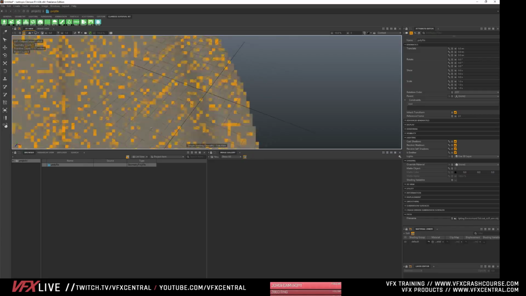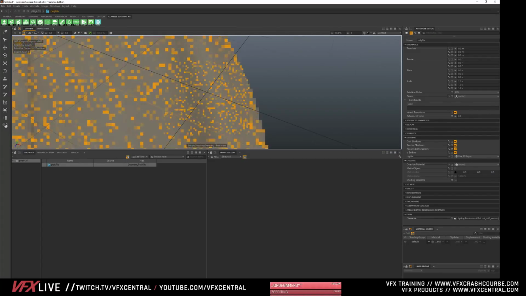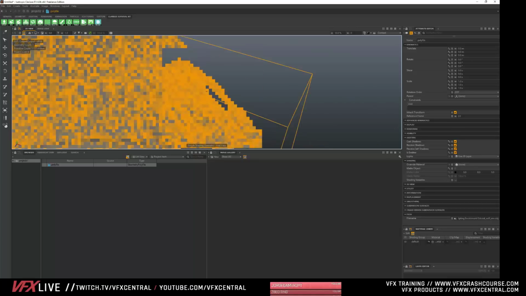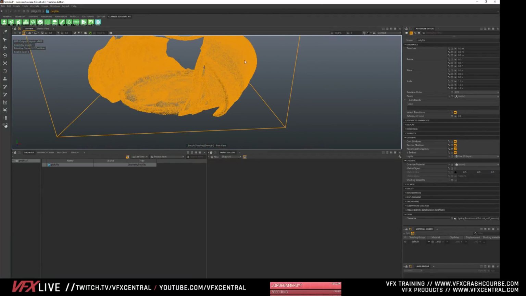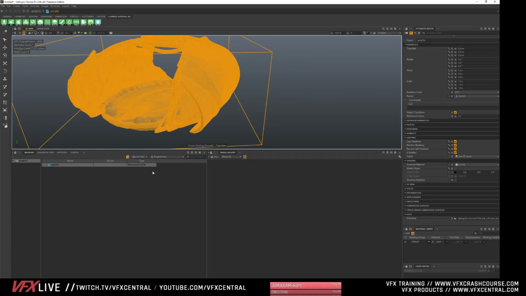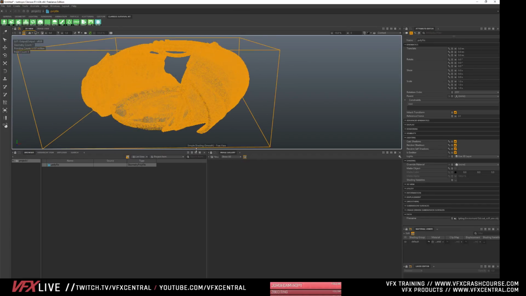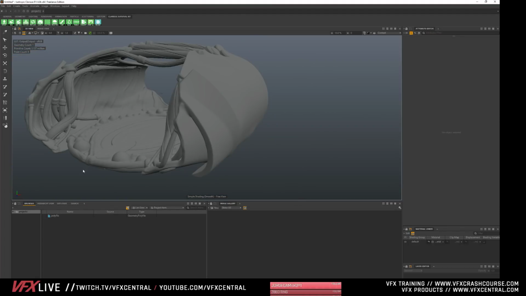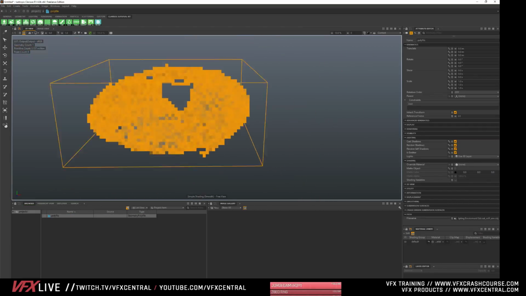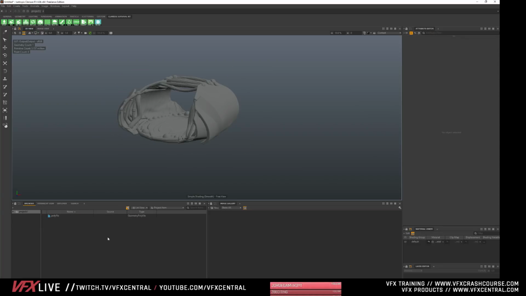This file looks like it's super high resolution. I think I just exported this raw out of 3D Coat, and that's why it's so massive. But yeah, this alone has 3.1 million polygons. So this is what I want to show you guys, is we can clone this thing like crazy.